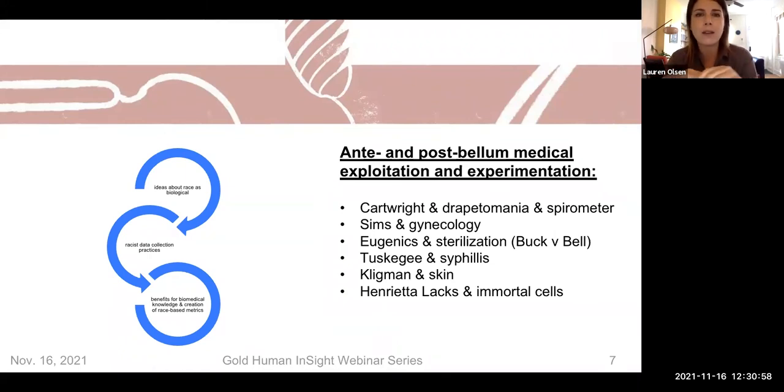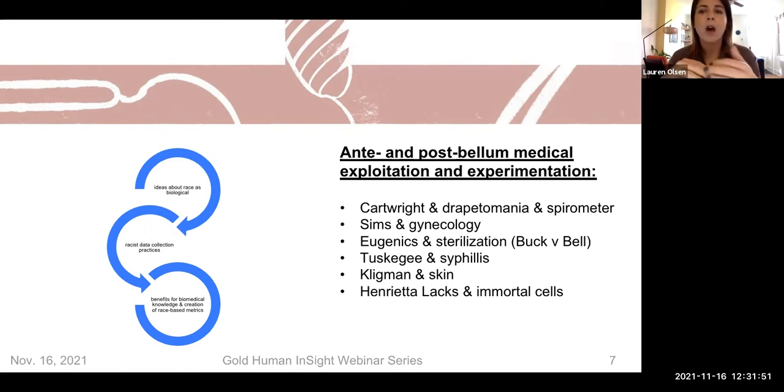The first is more outrageously racist. People can point to it as potentially an anomaly, but it was a leading psychiatric theory of the time, which is drapetomania, which colloquially was referred to as runaway slave syndrome. And with runaway slave syndrome, what Cartwright was trying to theorize was that there must be something mentally wrong with a Black person who would be trying to escape captivity. And this also was because he had a deep assumption that Black people were both physically and mentally inferior to